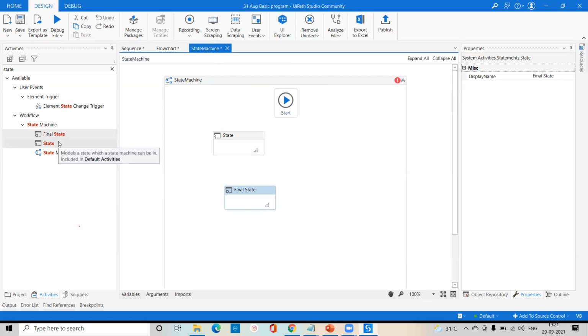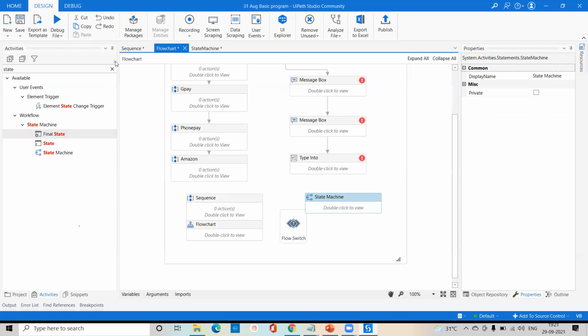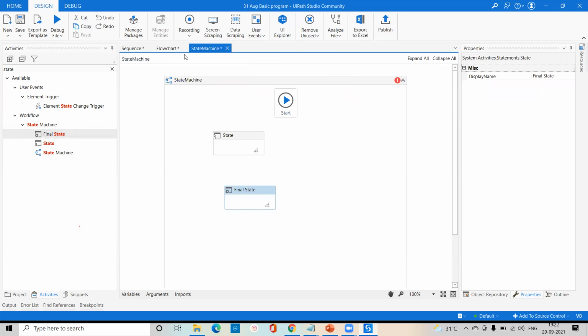Okay. So in sequence, four activities are not possible: flow decision, flow switch, state and final state. If you come to the flowchart, two activities are not possible, that is state and final state, which are part of your state machine. If you come to the state machine, any activity is not possible except state and final state.